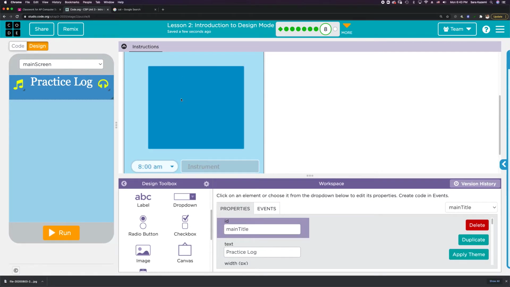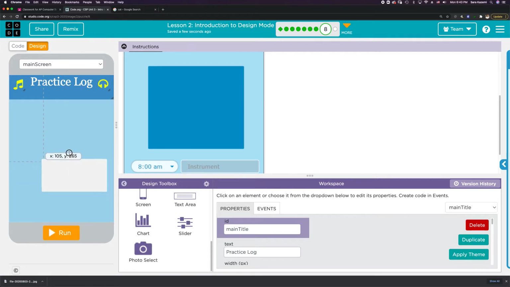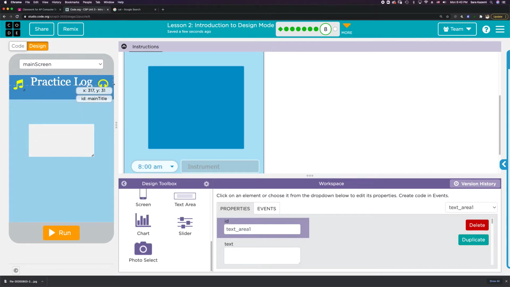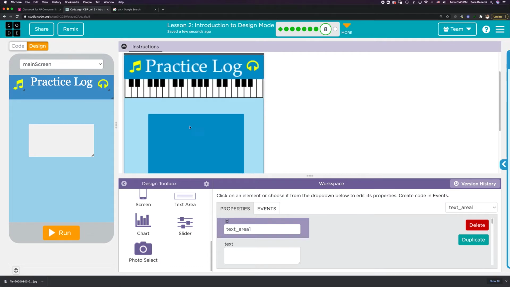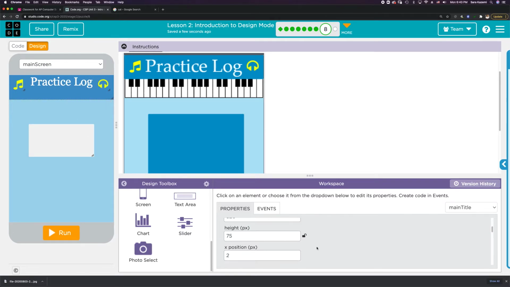Down here we have, it looks like a text area. So I'm going to go ahead and click and drag a text area. And it looks like it's the same color as the background of this title here. So I'm going to go ahead and get that color. So I'm going to click on my main title. I'm going to scroll down to the background color, and I'm just going to copy this value because that's the